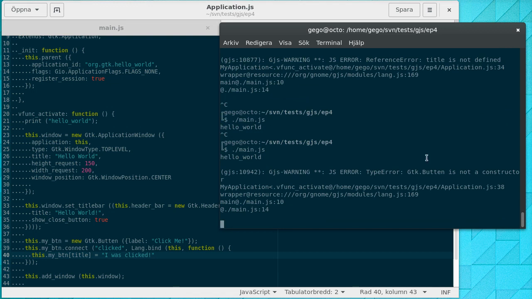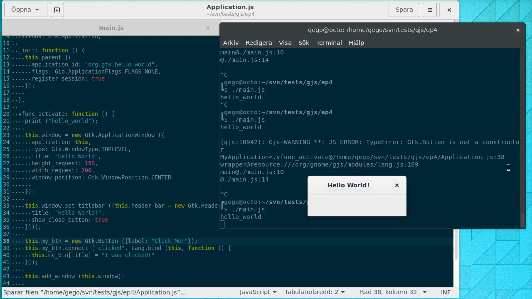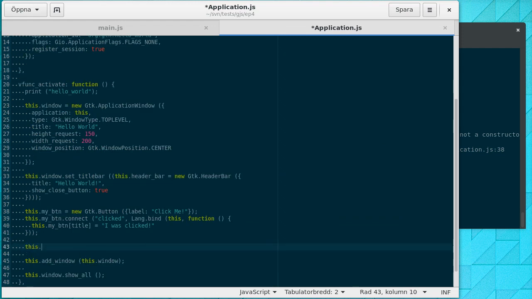And when we run this, the Gtk button is not, no, of course not, it's button, and we haven't added that, so we do this dot window dot add my button,